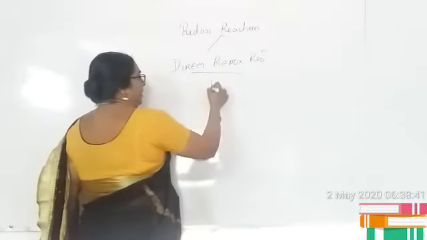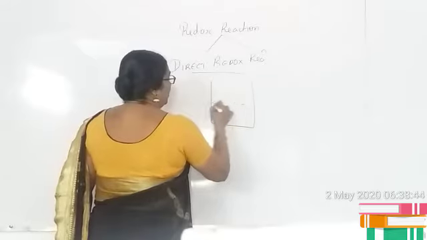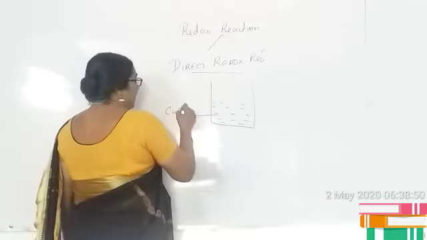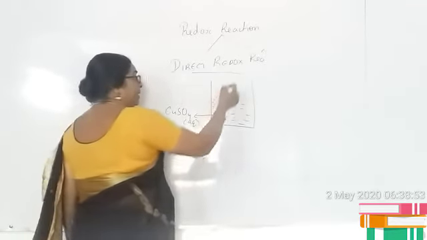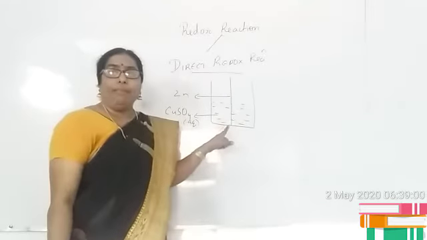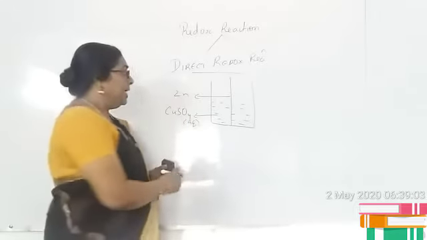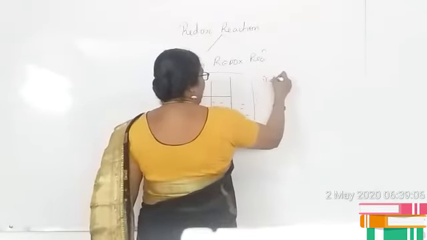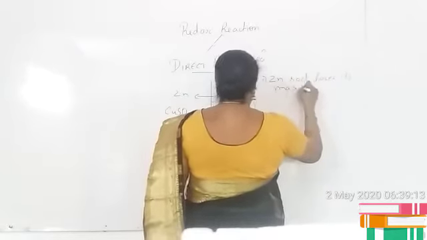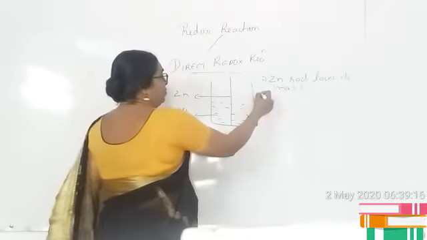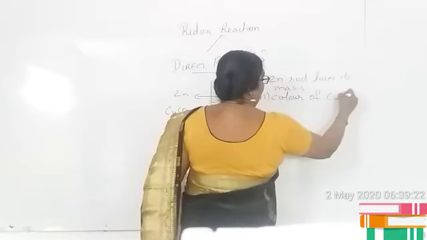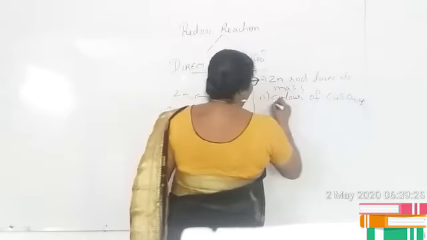Let us explain it with the help of an example. For that, first you can take some copper sulfate solution in a beaker. Let us take the aqueous solution of copper sulfate in a beaker and just immerse a zinc rod in this. You can see that as the time passes, we can observe certain things. The first observation is that the zinc rod loses its mass, or the mass of zinc rod decreases. Second observation is that the color of copper sulfate solution fades.